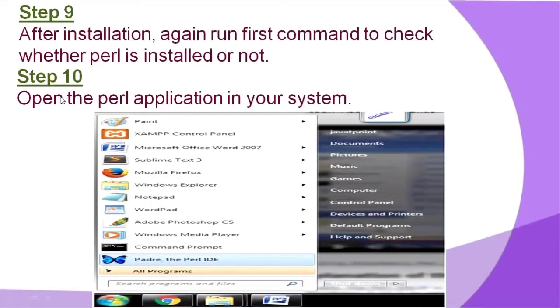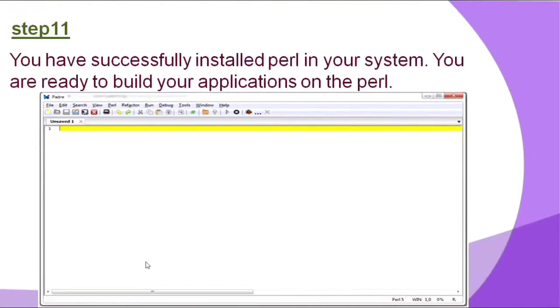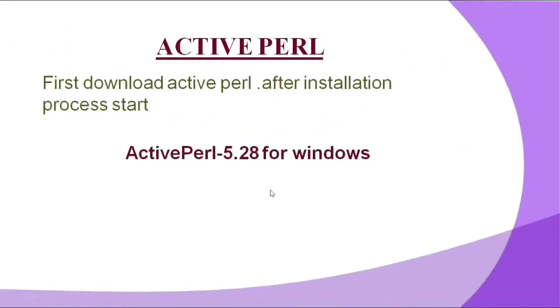Step 10: after installation is completed, open the Perl application on your system. If you look at this, Padre the Perl IDE, this is the icon. So click this icon and this page opens, where you can type the program. This is one of the software options. Another software is ActivePerl, which I am installing on my system.